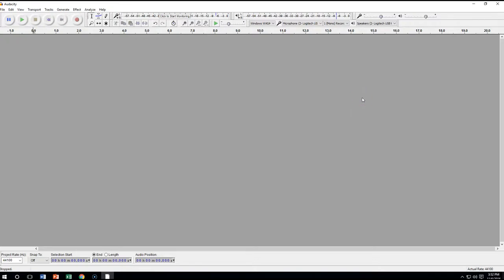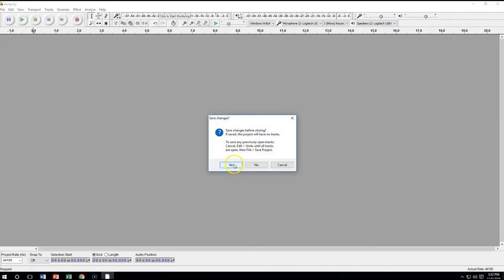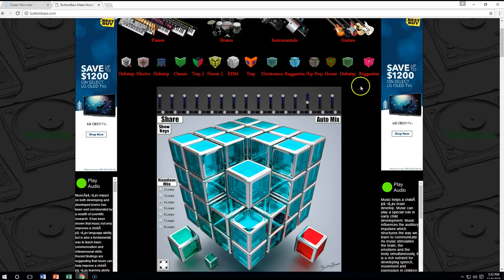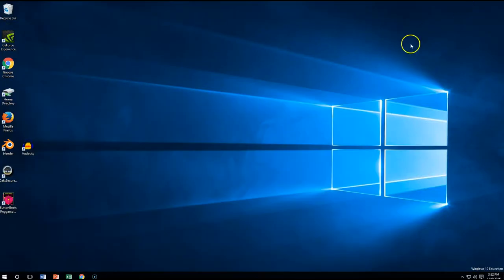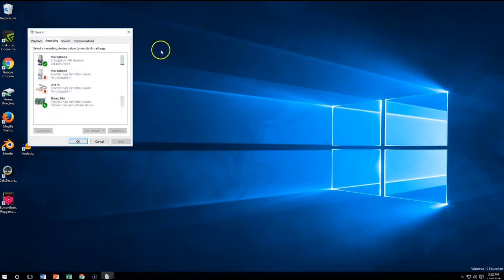But here's some settings you need to change. I'm going to go ahead and close Audacity down. I don't want to save anything. Let's go ahead and minimize. And I'm going to head down to my bottom right-hand corner where my sound for my speakers is. This is where you adjust your volume, but I don't want to adjust my volume this time. I'm going to right-click on it and open up a different menu. Right-click and click on Recording Devices. Once you open that up,